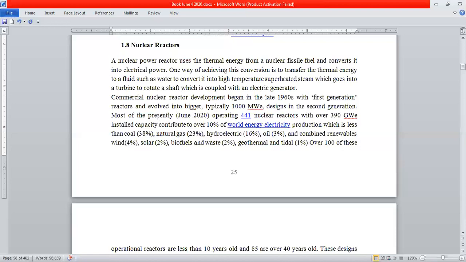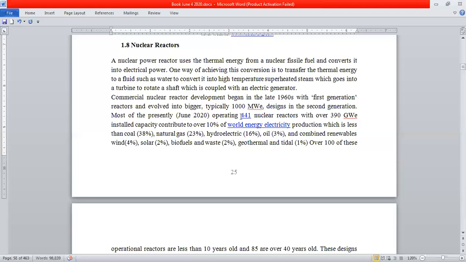Now, commercial nuclear reactor development began in the late 1960s, and reactors of those days are called the first generation reactors. They evolved into bigger, typically 1,000 megawatt electric designs in the second generation. And as of this month, June 2020, when I'm making these lectures in the days of the coronavirus that we're going through,